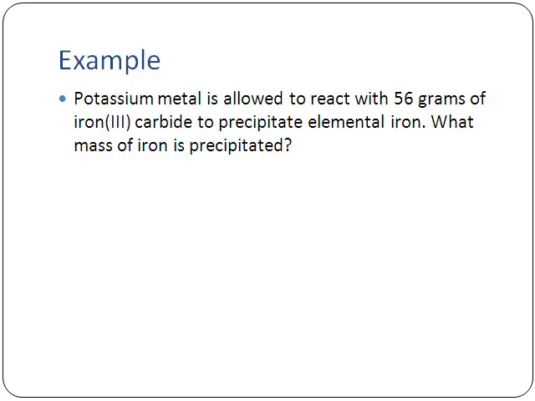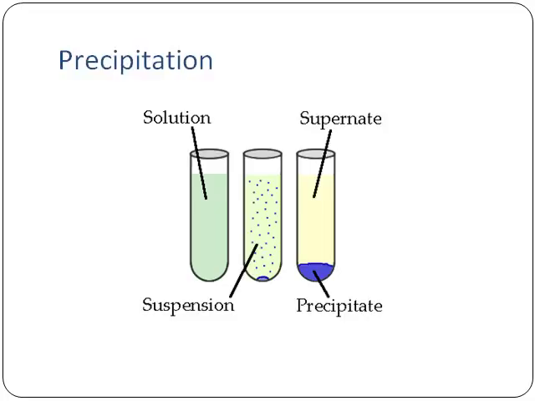So it sounds like our 2 reactants are pretty obvious. It's going to be potassium metal and iron 3 carbide. But then it says to precipitate elemental iron. You'll see this word occasionally, and I want to talk about this very briefly, about what it means for a substance to precipitate out. When that's mentioned, basically what it means is that if you have a solution like this, you've reacted things in, say, a test tube,